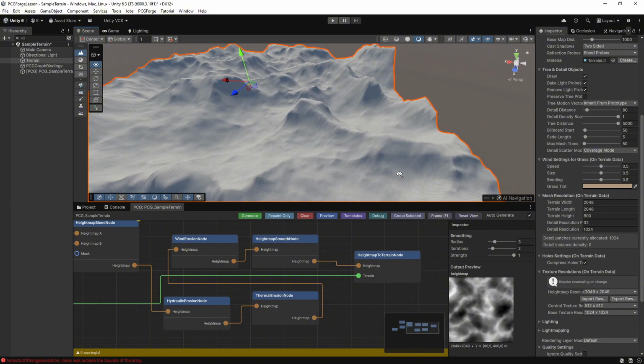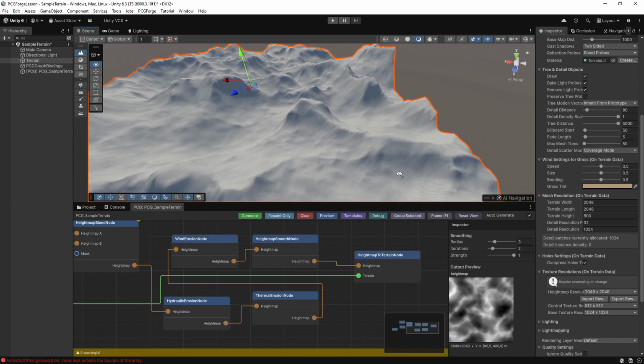So, what did we learn in this video? We added two important finishing touches to our terrain pipeline. First, we used the Wind Erosion Node to introduce wind-driven asymmetry and character, giving the landscape a stronger sense of direction and geographic identity. Then, we used the Heightmap Smooth Node to clean up the noise left behind by the various erosion simulations and bring the surface closer to a production-quality result. Together, these two nodes help transform the terrain from a collection of procedural shapes into a landscape that feels much